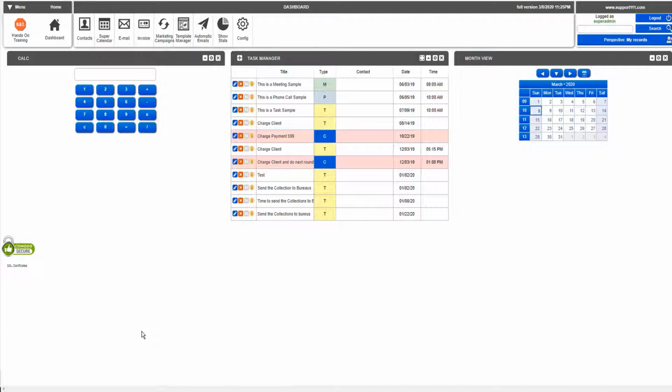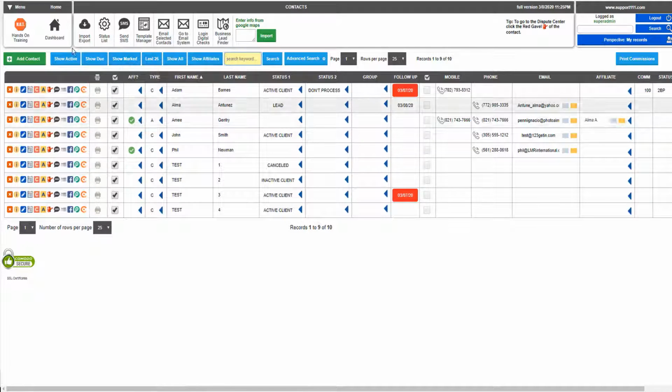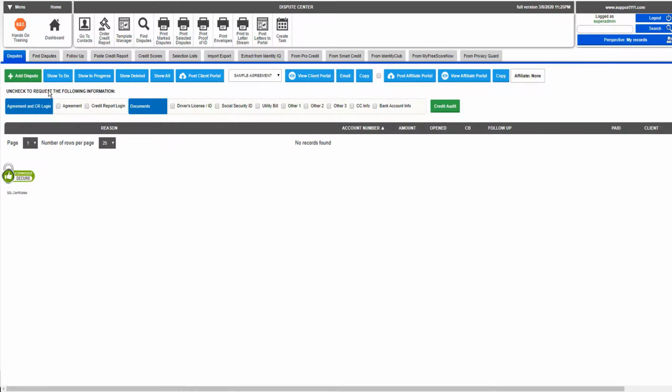Hi, now we're going to learn how to do envelopes. The first thing is to understand that there are two types of envelopes, and one is probably more recommended than the other. So when you go to the contacts and eventually you go to the dispute center,